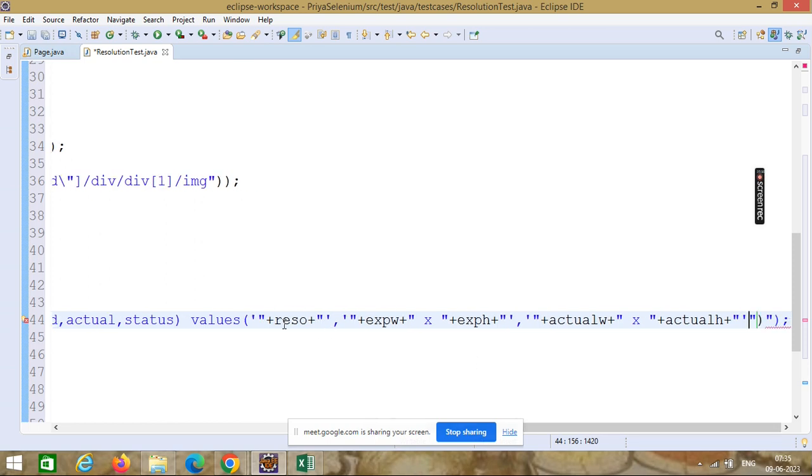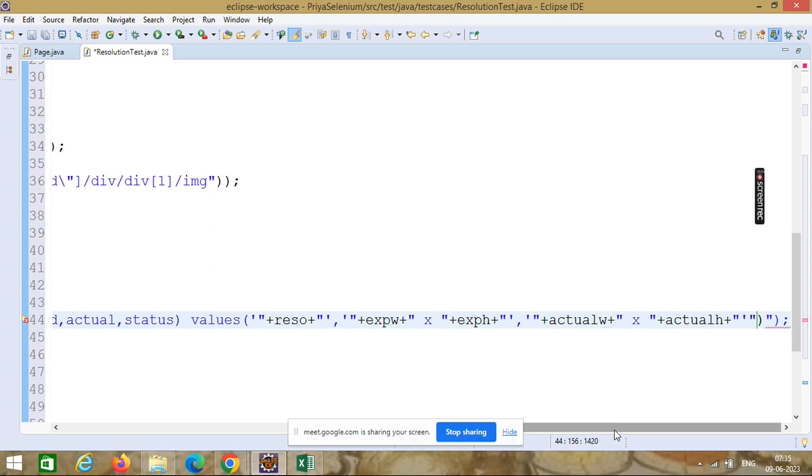So again, this is the first data within single quotes, resolution, comma, next data, expected width and height within the single quotes, then comma, actual width and height within the single quotes.